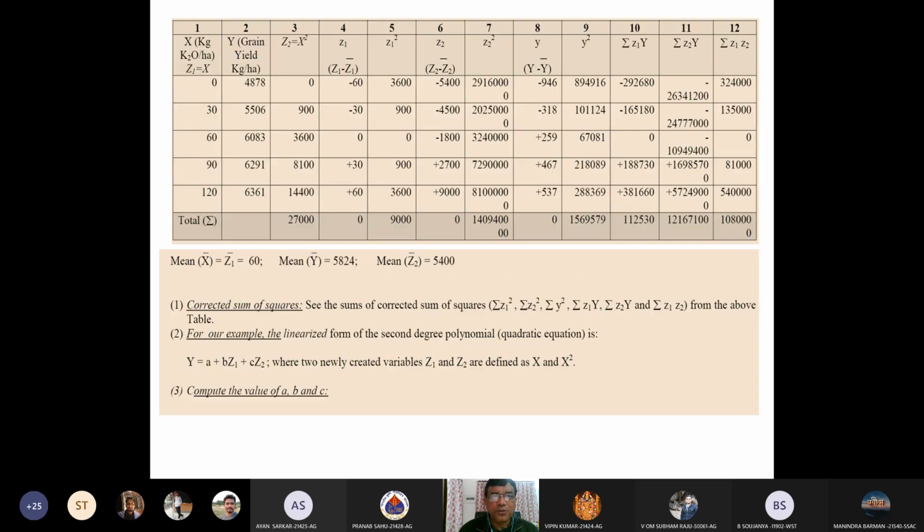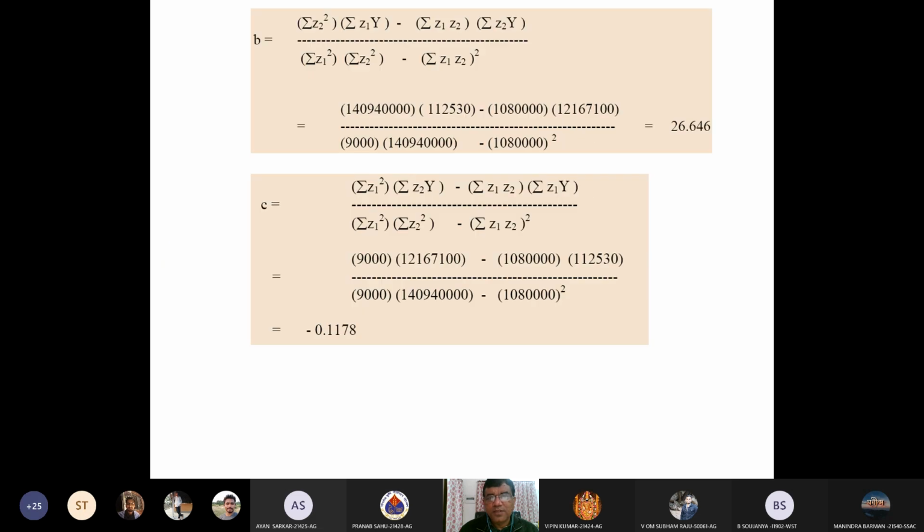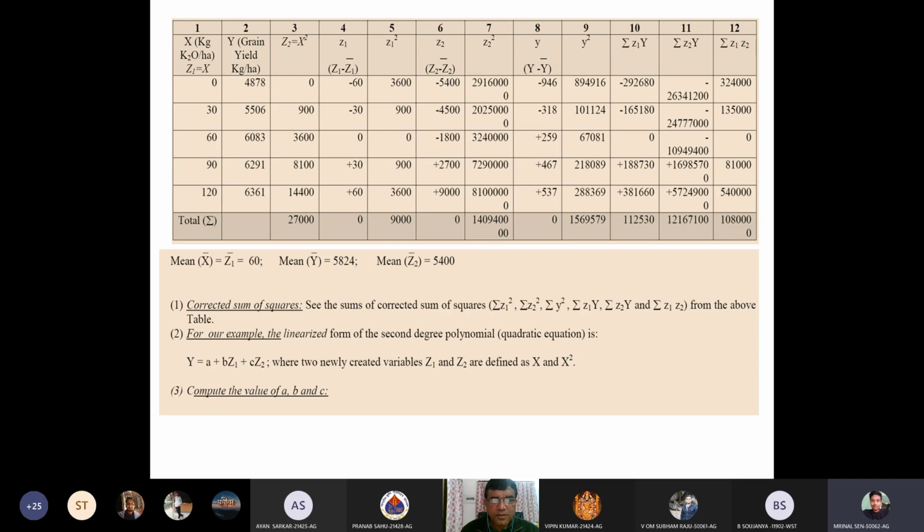See, let me show you again. We started from here, just 4 slides, and this, and this. Only 4 slides. So if you have any question on these 4 slides... At the input value 0, meaning x equals 0, if we put x equal to 0, then we get y is equal to a. So in that case, we can get the a value. It's not acceptable.